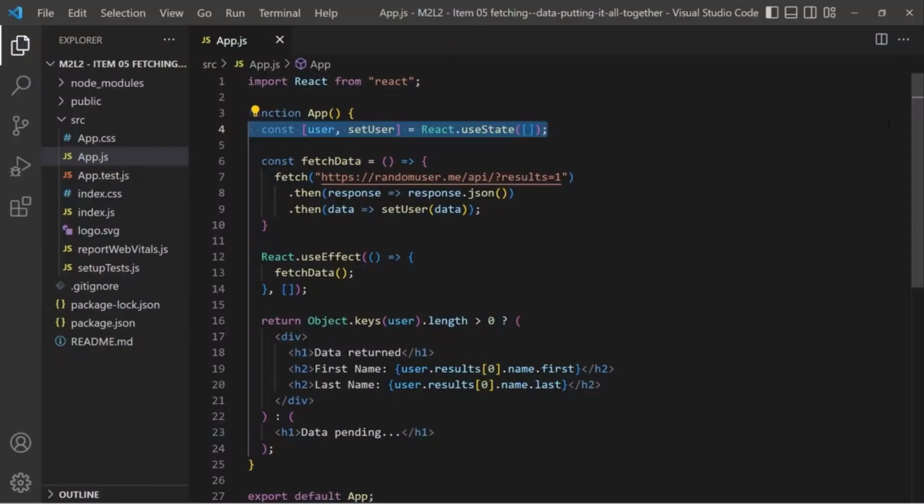Let's step through this code in more detail. So first, I have the app function, and inside of it, following the rules of hooks, I'm invoking the useState hook at the top level of the component. The initial value of the state variable is an empty array. Next, I have defined the fetch data function, which is fetching data from the randomuser.me API. Then it retrieves a response from the API in JSON format. It then updates the state variable with this JSON data. You may notice that I'm not using a hook inside the fetch data function because that's against the rules of hooks. After that, I'm calling the useEffect hook, and from inside the useEffect hook, I'm calling the fetch data function,